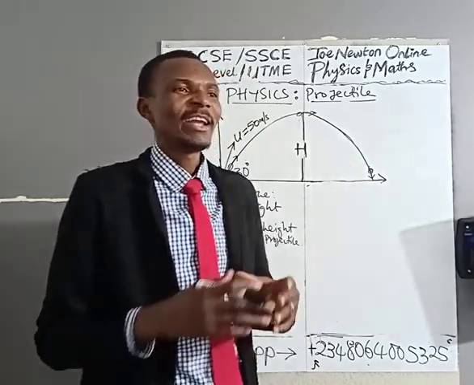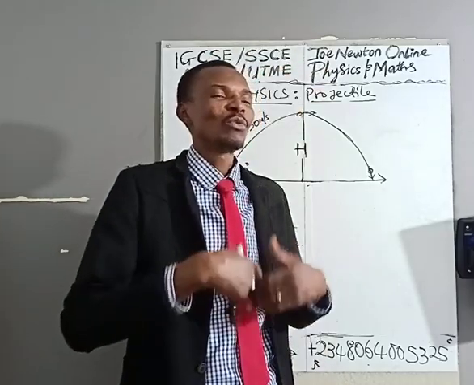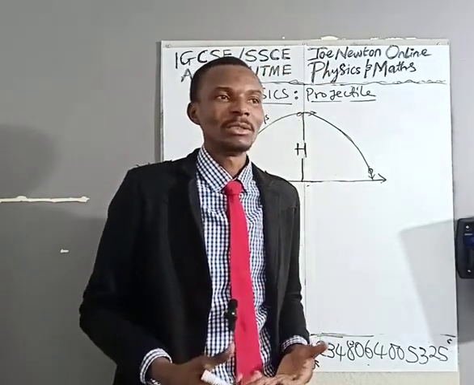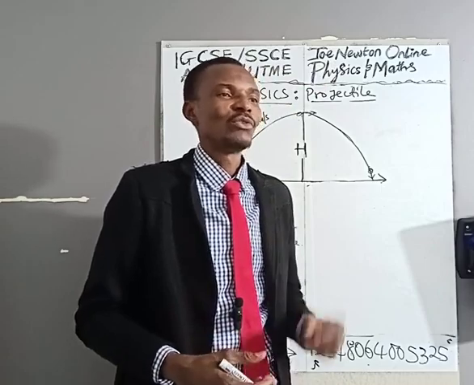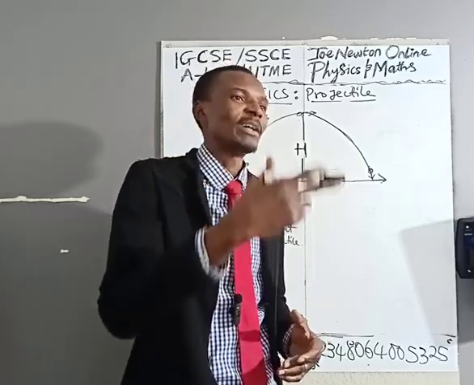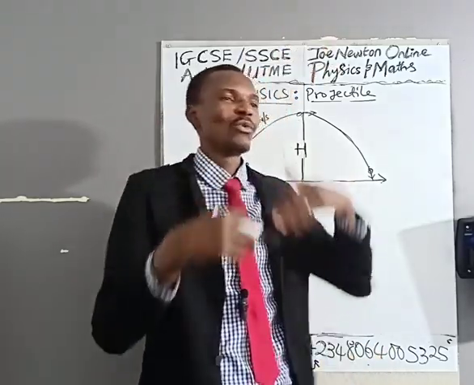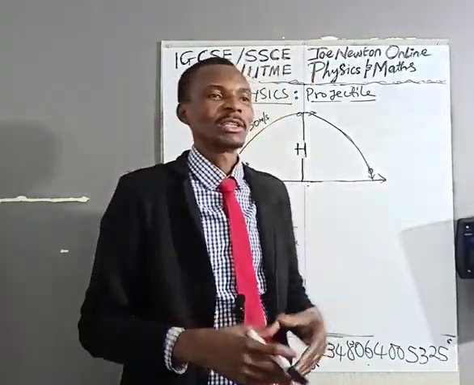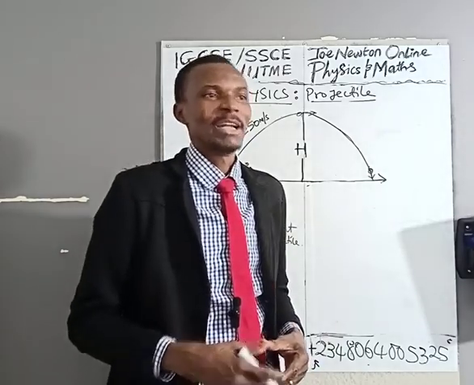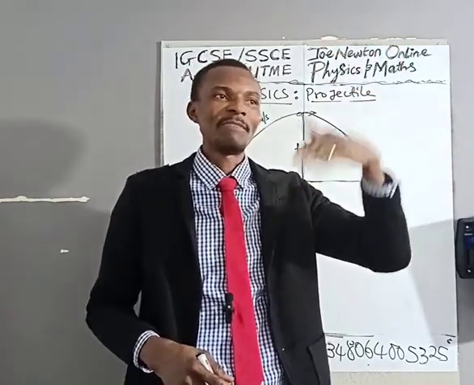A projectile is any material or object that is launched into the air and is allowed to fall freely under the influence of gravity. That's a projectile. There is no specific object or material named projectile. It is descriptive by motion of that object. For example, if I throw this marker, it will go like this and land. That's projectile motion, describing a path, either parabola or half parabola,